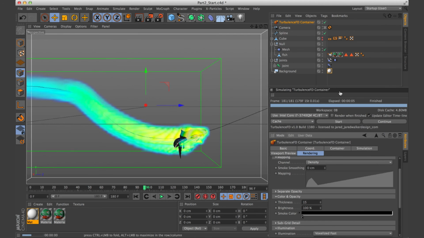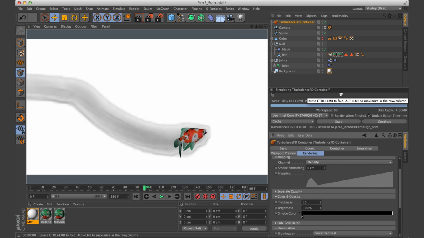And then do another render. And you can see that's kind of changed the look of our trail there. And I changed it to look like that because I wanted to show you where it's all emitting from. So what I wanted to do was have the smoke emit off just the back of the fish. But here you can see it's actually coming off the front of the fish as well. And that's not what I want. I want it to just come off of the back of the fish. And there's actually an easy way that we can do that.